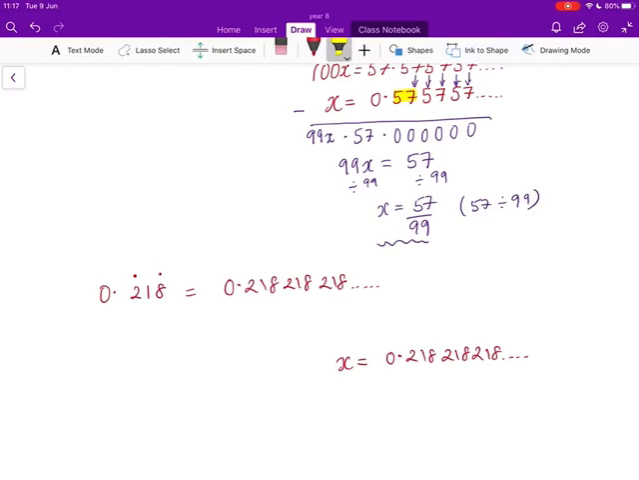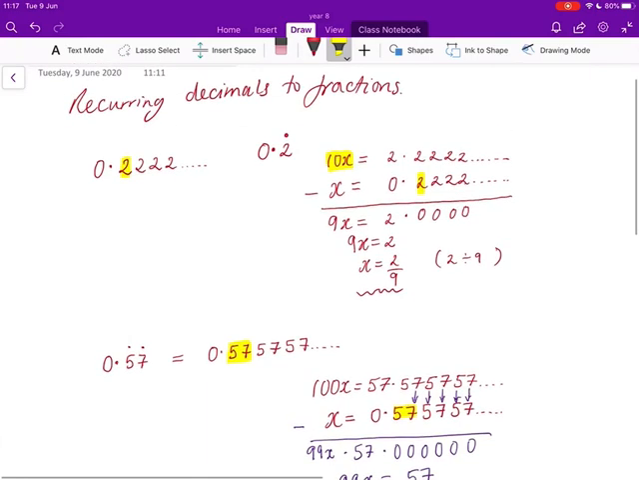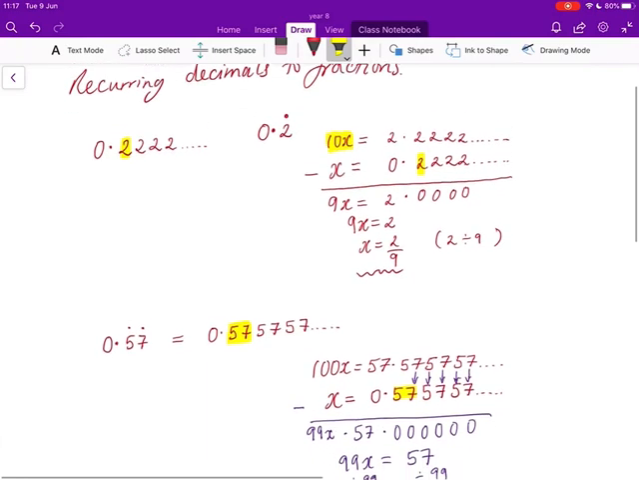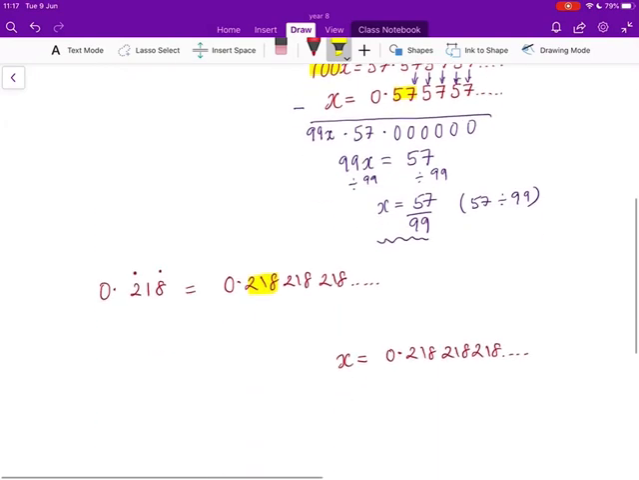In this one, we have 3 repeating numbers as a part of our block. When we had 1 repeating number, the 2, we multiplied by 10. When we had 2 repeating numbers, the 5 and the 7, we multiplied by 100. If we've got 3 repeating numbers, we will need to multiply by 1000. That will move those 3 numbers in front of your decimal point. So you're going to have 218.218,